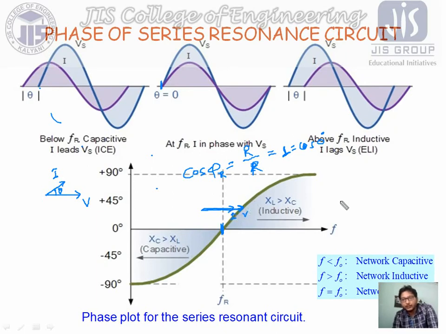Similarly, in the case of the inductor, we know the inductor tries to lag the current. So if this is our voltage, voltage is over here, and current starts its journey after an angle theta. It means we can say the current lags by an angle theta. So if this is our V, this will be our I, lagging by an angle theta. This angle is theta. So look carefully, here current leads and here current lags. And this is for the effect of resistance, inductance and capacitance for the circuit and